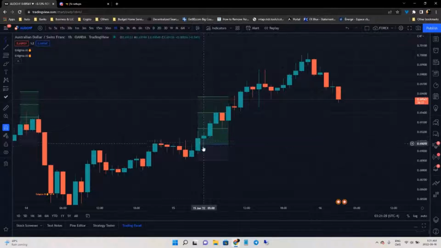So you're already saving roughly 6 to 7 pips if you took a pending order, and your drawdown is basically 2 pips, instead of being in drawdown for almost 10 pips. It's a big difference in your risk to reward, and you're going to be less stressed if you take a pending order. Why? Because if the price doesn't go in your favor, it's going to minimize your risk.